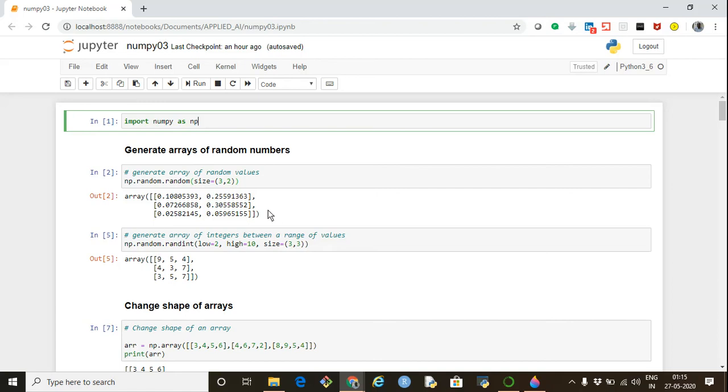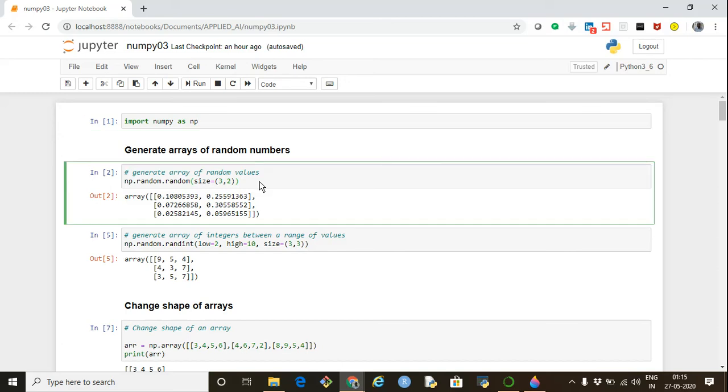Yeah, in this tutorial, we are going to cover some further functions used in NumPy on a regular basis. We'll start with the generation of random numbers. Let's say we want to create an array of random numbers. So what we use is np.random.random, which is a function, and then we have to specify the size. Let's say we specify the size as 3, 2. Then it creates a two-dimensional array with 3 rows and 2 columns, and these are the random values that get